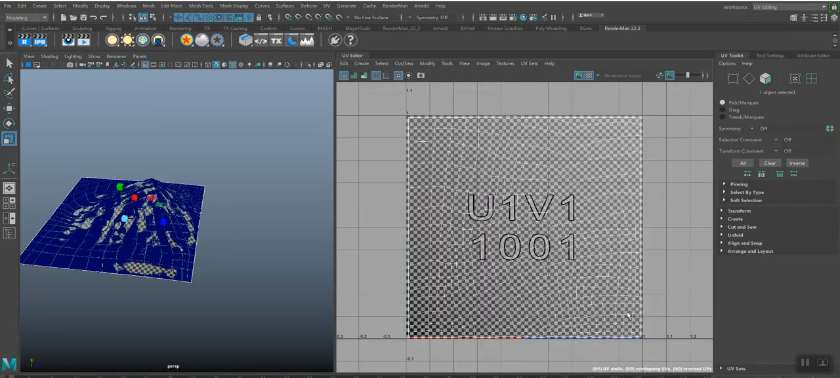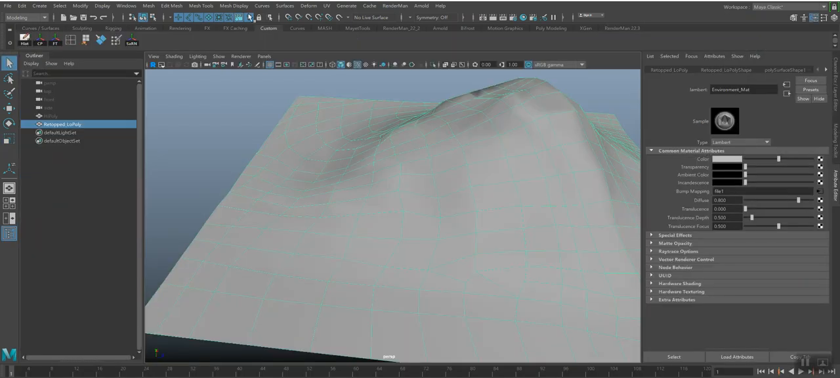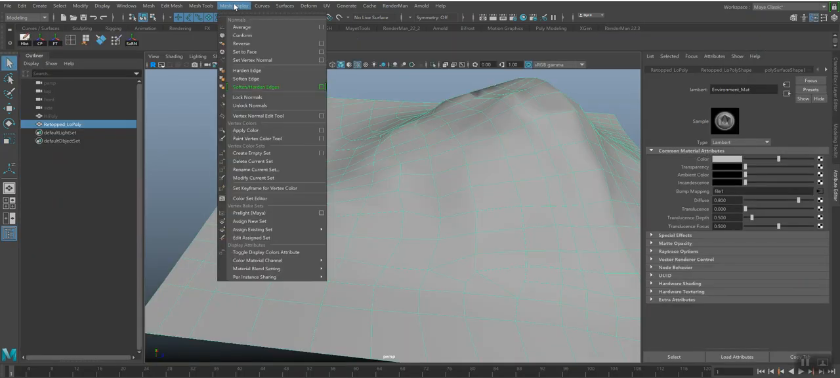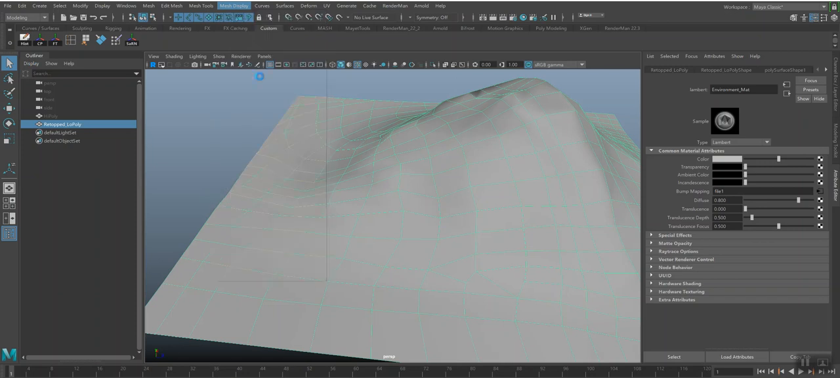Make sure that you lay out the UVs before you bake down the textures. If you don't lay out the UVs, it's not going to happen. The other thing you want to do is make sure that you soften edges for your normals. If you don't soften edges, you're going to get something that actually looks like